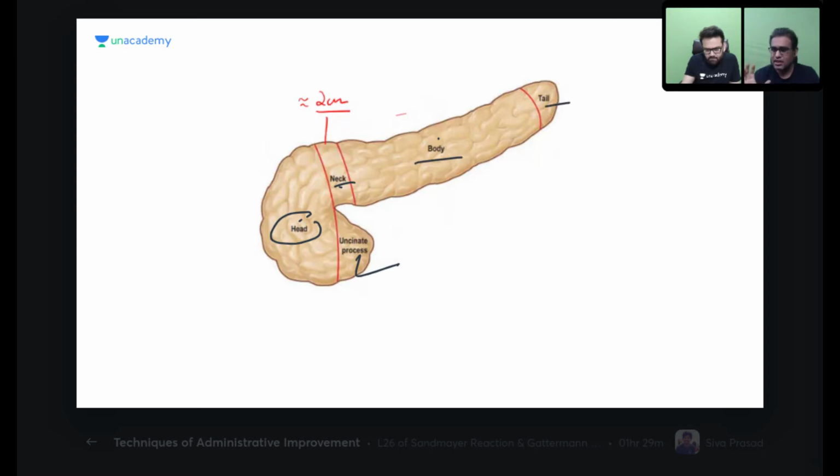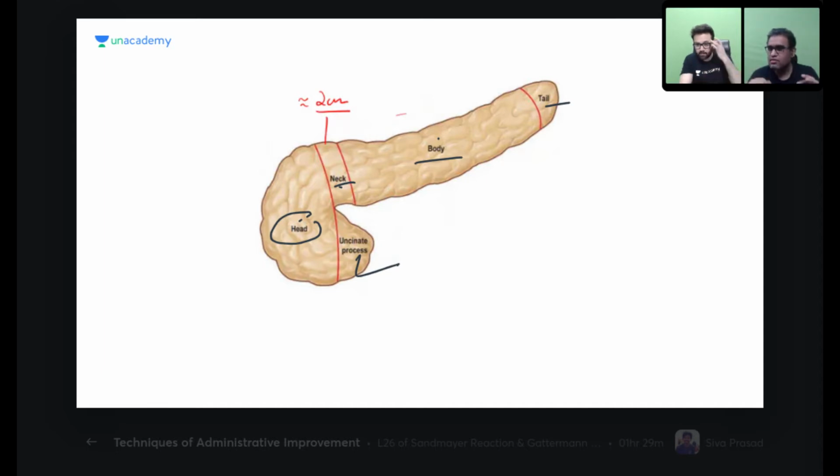Okay, this is a simple general feature. It is a tongue-shaped, tongue-like organ. And one more very important thing, please note it down. The pancreas as an organ does not have a very well-defined capsule like the kidney or spleen. Therefore, if there is any pancreatitis, the chances of pseudocyst of the pancreas are very common. It does not have a defined capsule like the kidney or spleen, just a connective tissue covering of the organ that forms the capsule. So that is another anatomical reason behind the development of pseudocyst: the absence of a well-defined capsule.